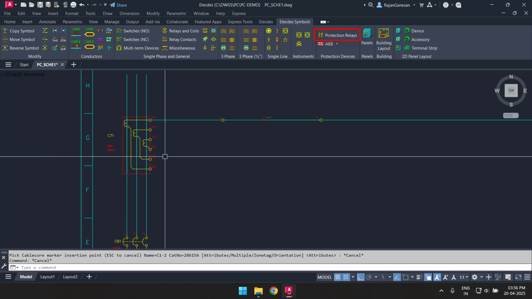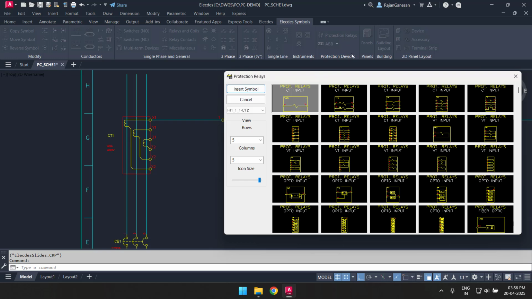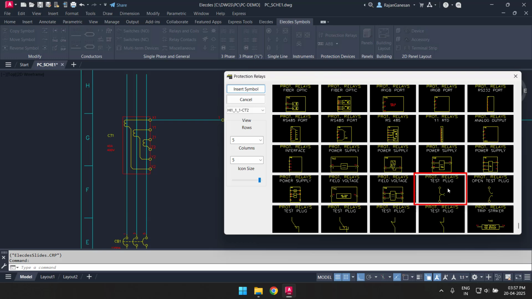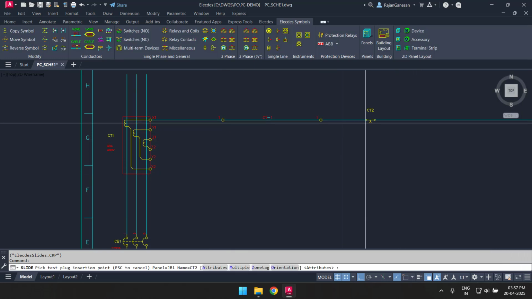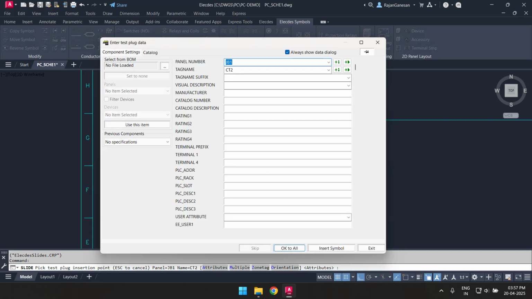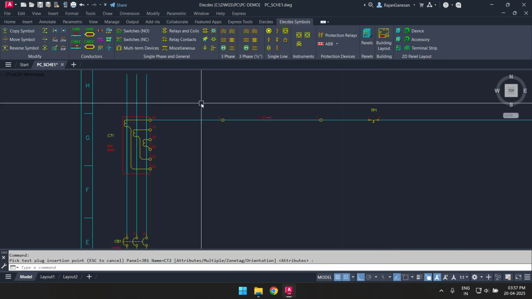I can insert that from the Protection Control component menu. I will name the plug TP1 and choose a specification from one of the Electez catalogue samples. Electez catalogues are easy to create and also to augment. You can add extra data columns to existing components, and you can add extra components to existing catalogues.